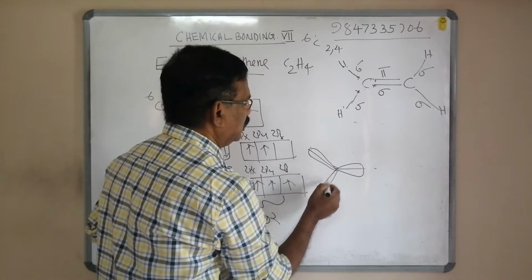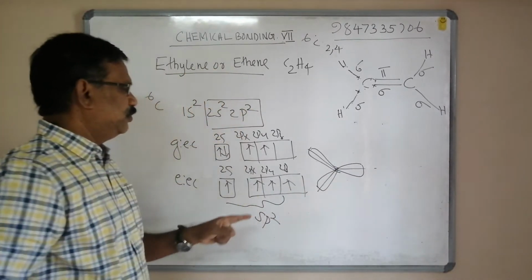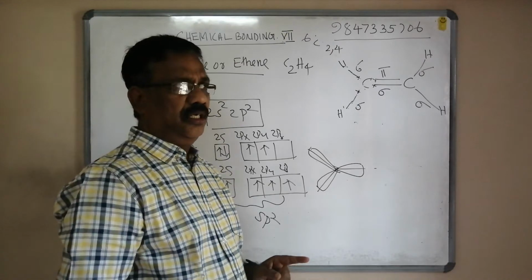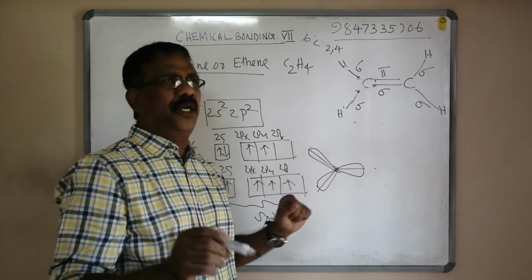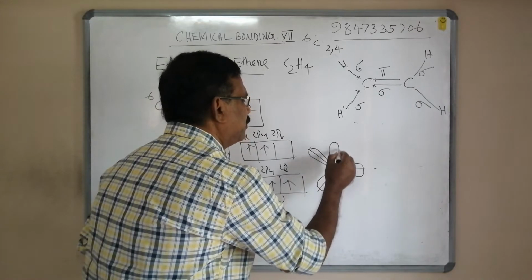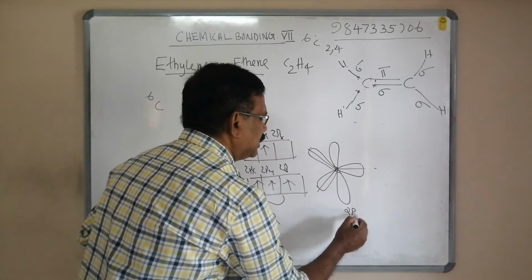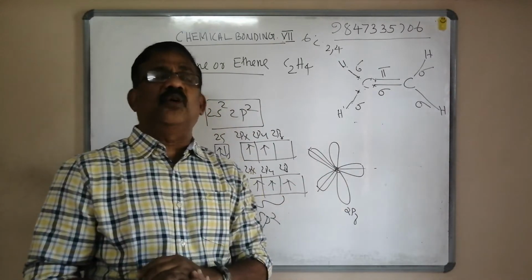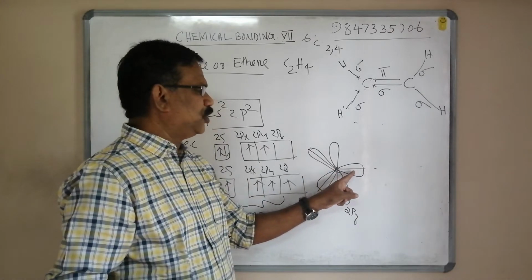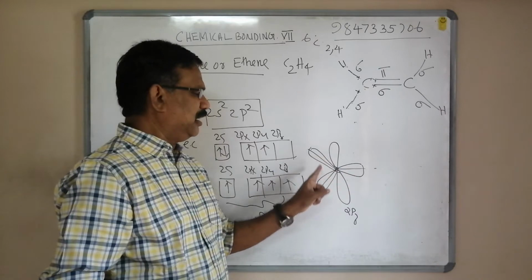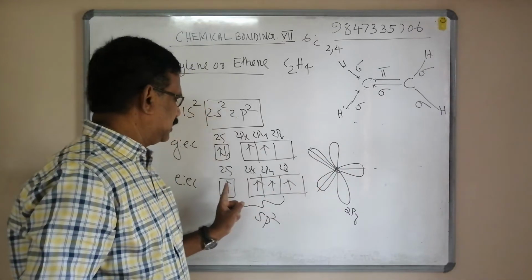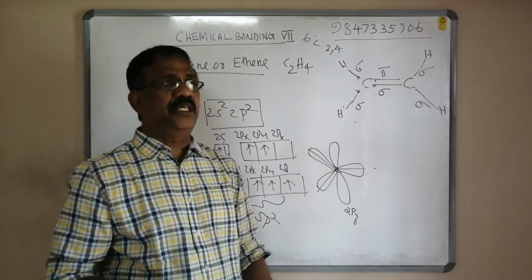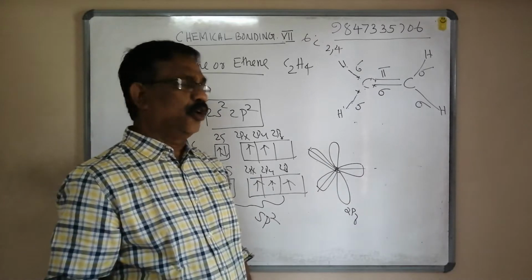This is sp2 hybridization, carbon. The unhybrid p orbital: the pz orbital is not involved in the hybridization. It is called a pure p orbital, an unhybrid orbital that lies perpendicular to the hybrid orbitals. This is the 2pz orbital with 2 lobes, not involved in the intermixing. These are the sp2 hybrid orbitals, 3 orbitals involved and 3 hybrid orbitals formed, and the orbital not involved in intermixing is called the unhybrid p orbital or pure p orbital.